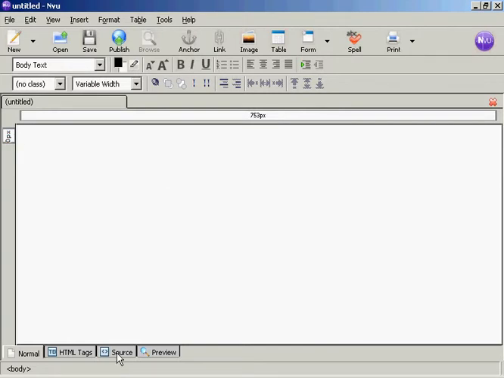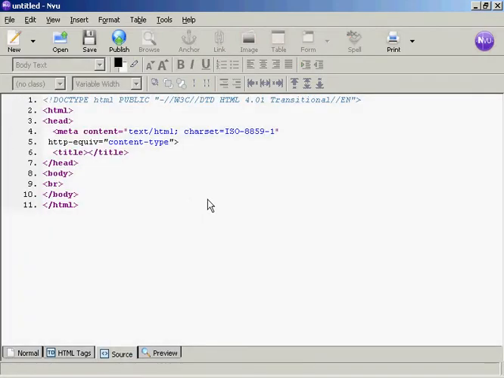And I'm going to paste this into the source of the website, into the HTML source. So I'm going to click here on the source tab at the bottom, and your Google AdSense code needs to go in between the two body tags. Or if you're having it in, say, a frame or something like that, then you will paste it into that particular area of the site. Okay, let's just paste this in,